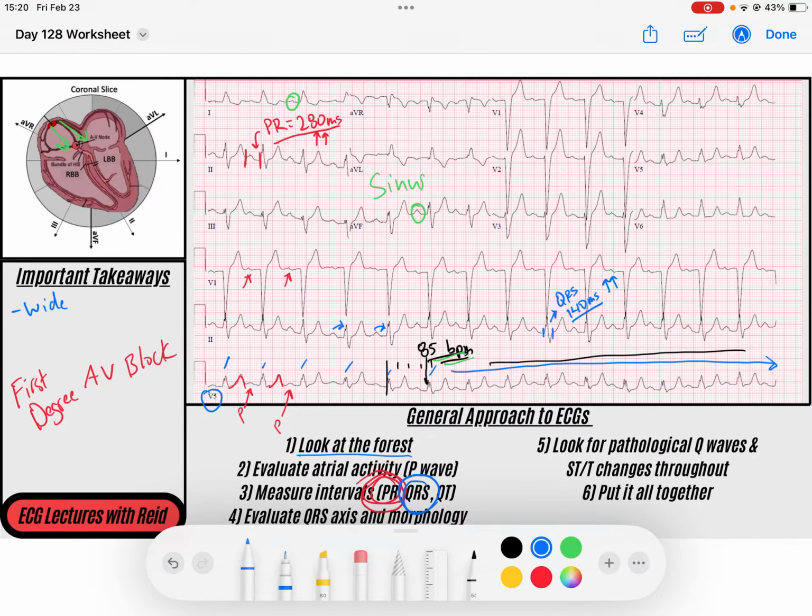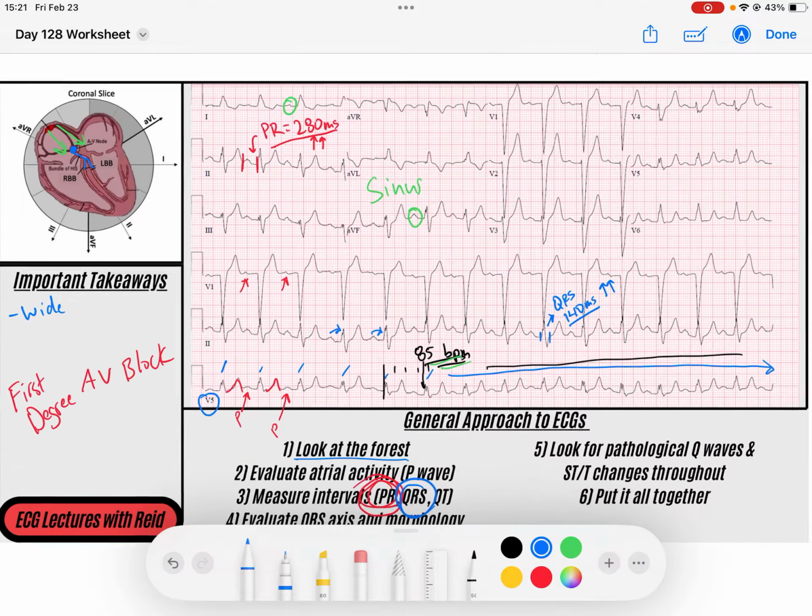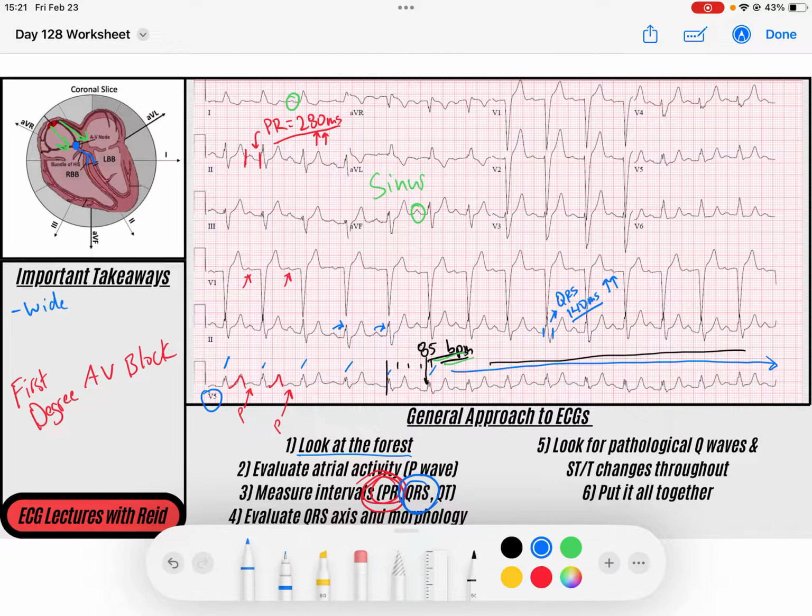So something is causing the conduction when the AV node takes it and decides to send it down. It's not taking that His-Purkinje system because it's taking too long. So that leads me to think, what type of bundle branch block might we be seeing? I think all of you probably picked up on it a little earlier than we have,